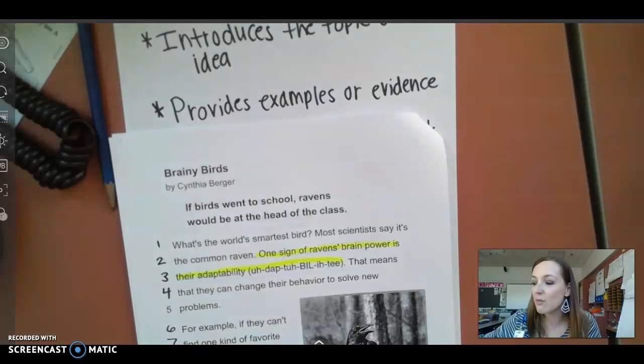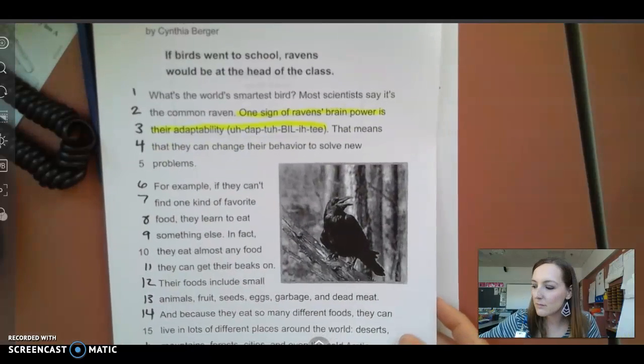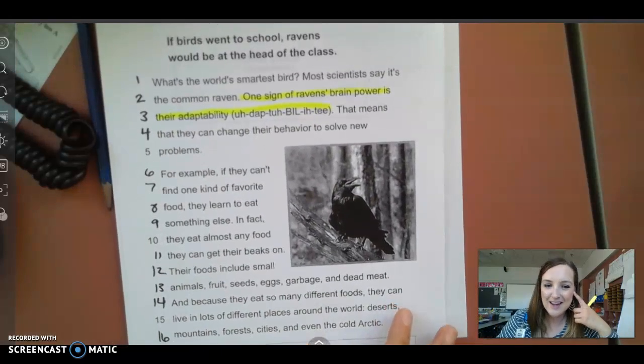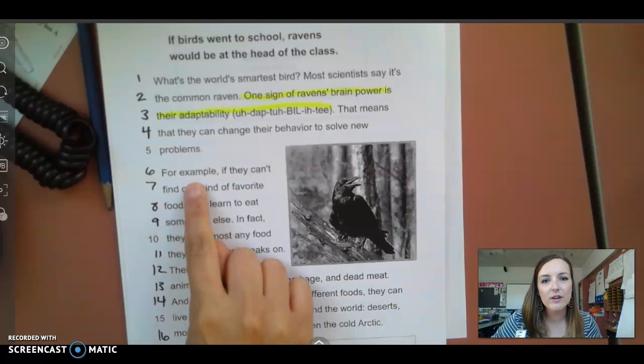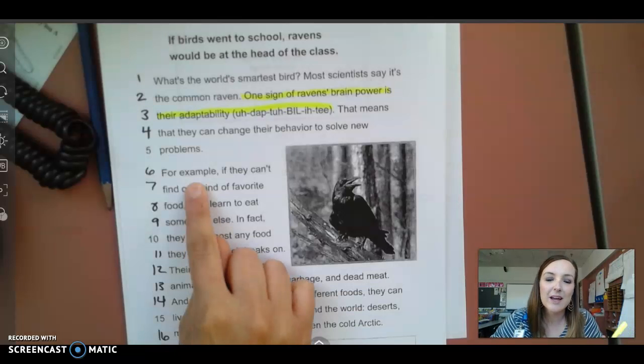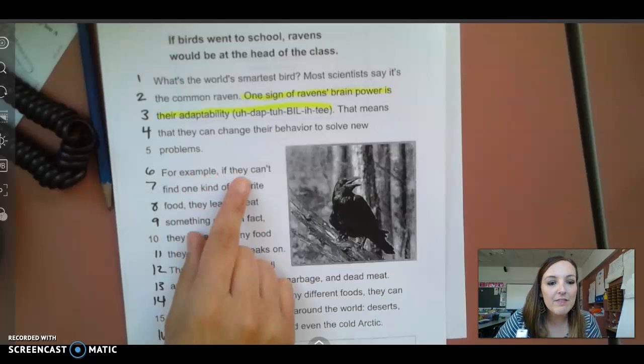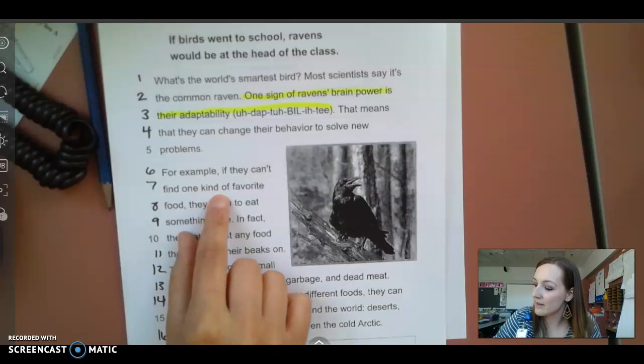So let's see if we can find that. Now, I heard the word example. I'm also seeing the word example. So authors, when they are writing an effective explanation, they'll include kind of like a clue word that helps you to figure out where it is in the text that we're looking for. So the author says on line number 6, for example,